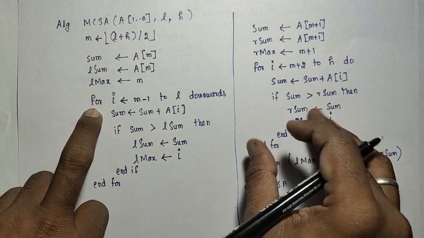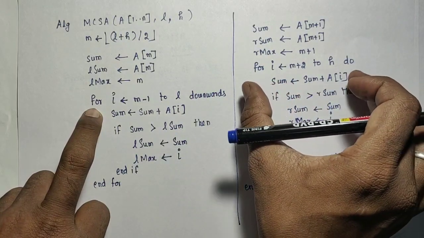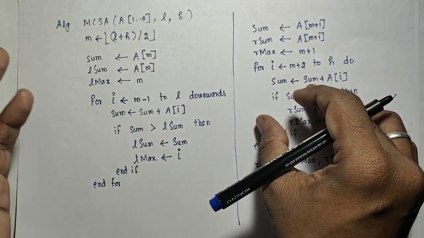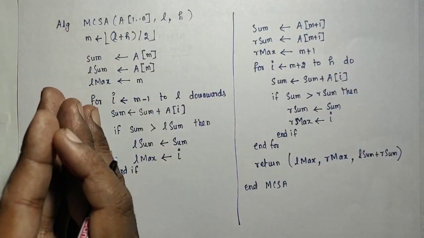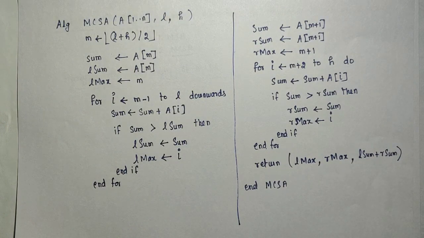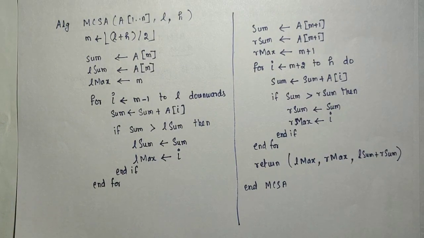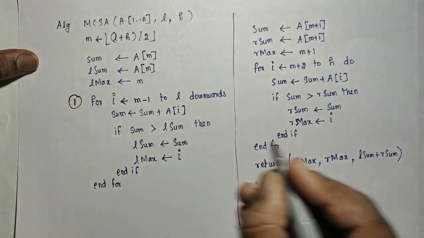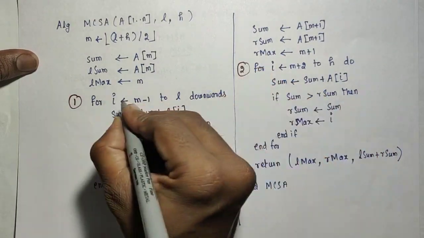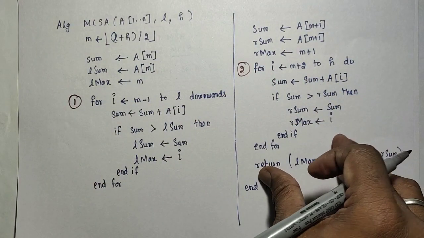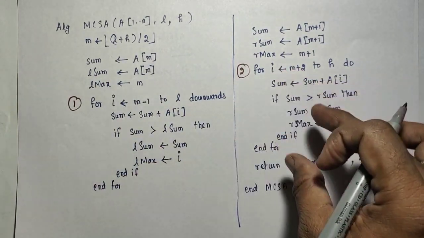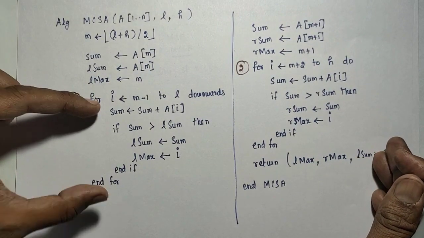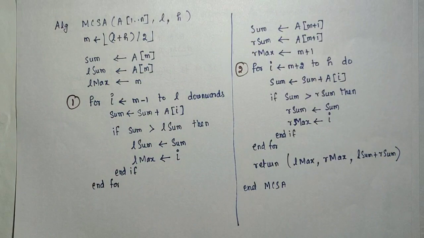So usually, if you encounter looping statements, how many iterations are going to be executed will be considered as the complexity of that algorithm. The complexity is proportional to the iterations. Here we encounter this for loop as 1 and this for loop as 2. So mainly two for loops are the looping statements. Inside the looping there is no for loop, there is no nested for loop. So I need to add the number of iterations for the first for loop plus the number of iterations for the second for loop. That's all.